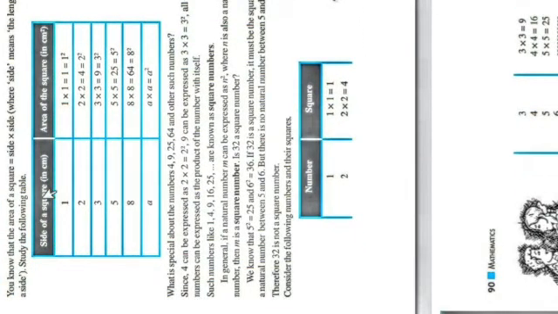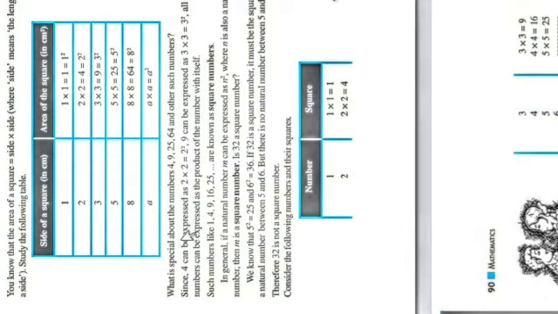So, study the following table. The side of a square in centimeters is given as 1, 2, 3, 5, 8 and A. Now, the area of the square in square centimeters. So, we will multiply. For 1 centimeter side, 1 into 1, area is equal to 1 square. Then 2, so 2 into 2 equal to 4, equal to 2 square, because it is side into side. So, the same side we will multiply 2 times. In this way, for A it will be A into A equal to A square.